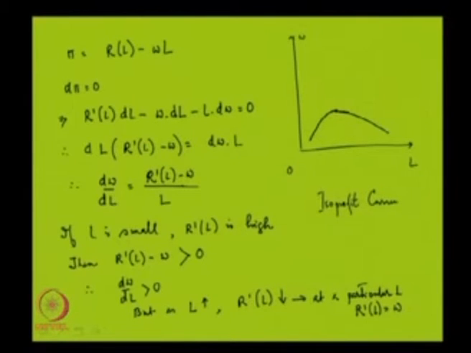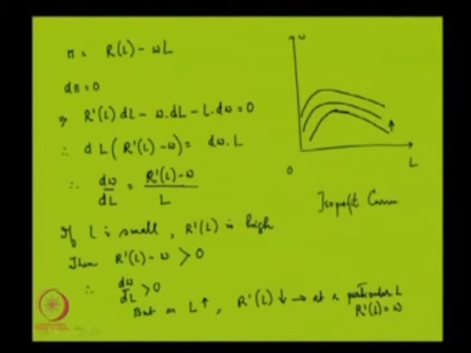So, this is how the isoprofit curve of the firm looks like, and there will be plenty of such isoprofit curves. Each represents a different level of profit. How do I know which curve represents a higher level of profit? If I go on taking more and more curves which are to the north, so I go upwards, then what